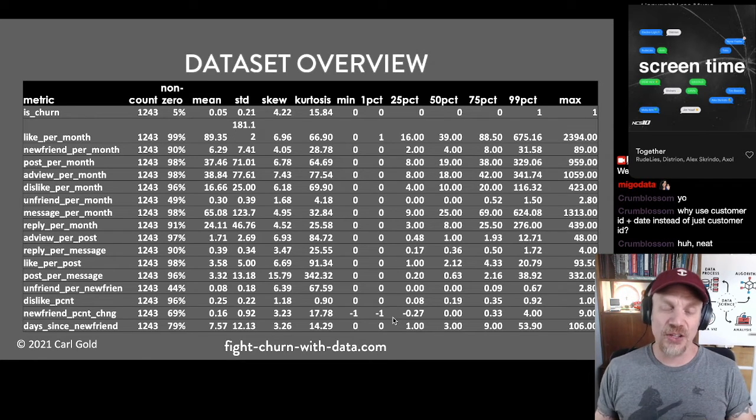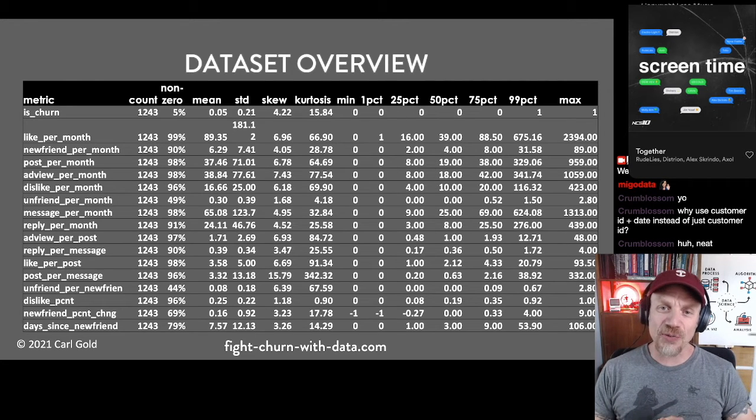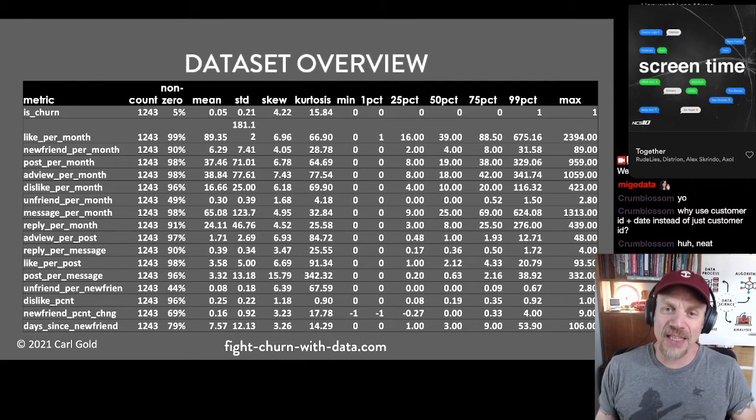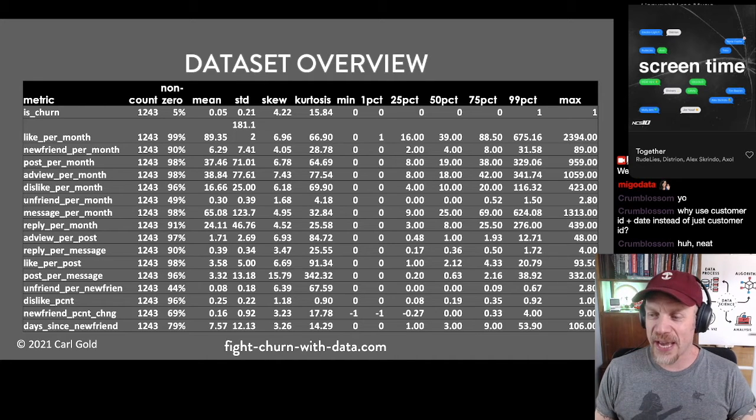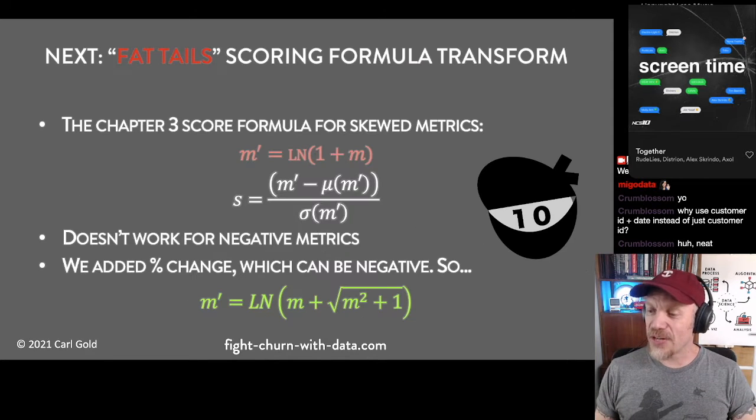Percentage changes can go as low as minus 100%, because if you go from some number to 0, that's a minus 100% change. And any reduction in the number of new friends will result in a negative value of the metric. And this is just one example. In real data sets, you might have a lot of metrics which can go negative. This is sort of a simple example data set, to be honest. But that's why we need to handle negative values,